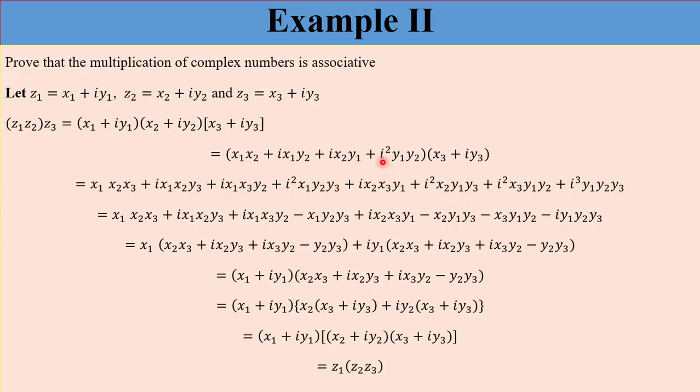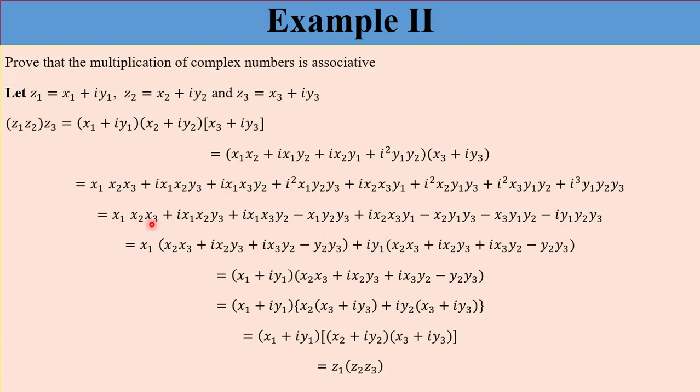Then lastly, we got i squared y1 y2 times x3. This gives us i squared x3 y1 y2, and i squared y1 y2 times iy3 gives us i power 3 y1 y2 y3. So from here we can simplify it by having